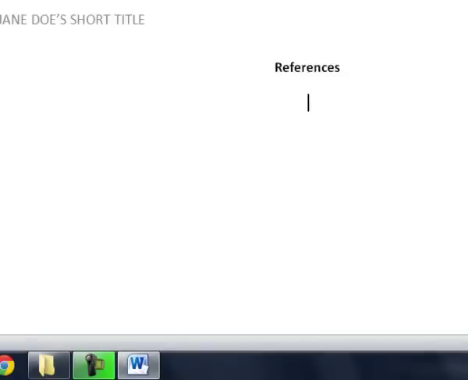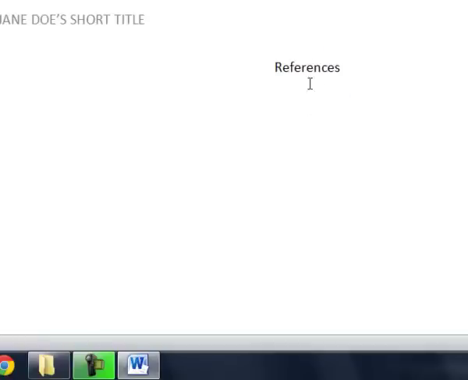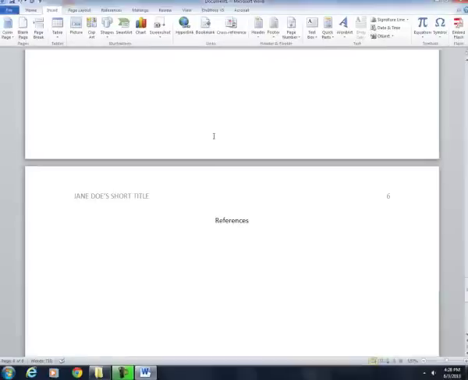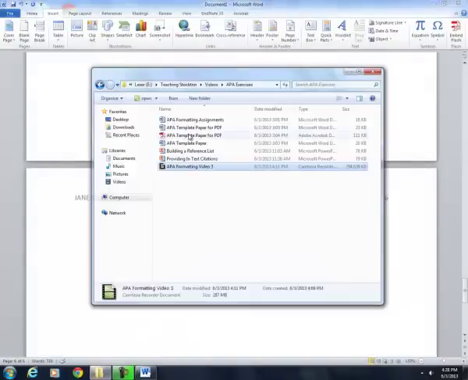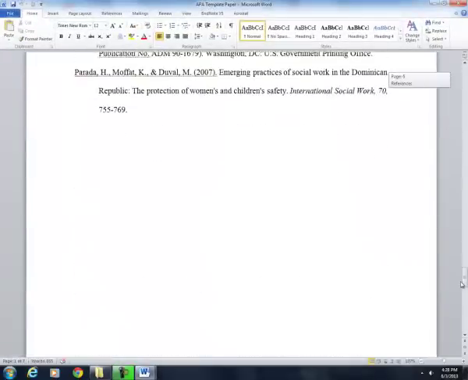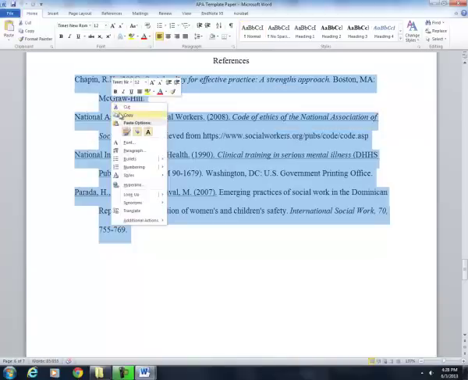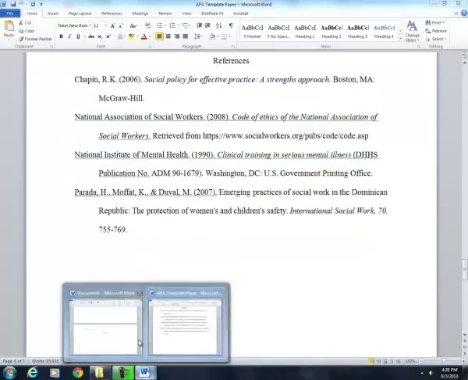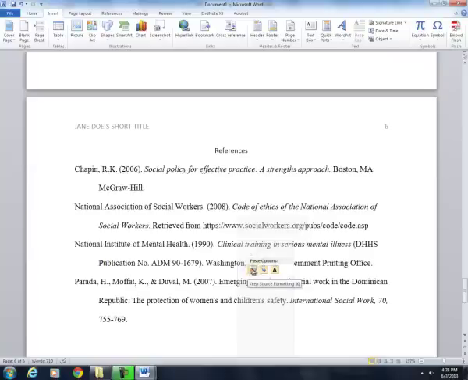This should just be listed as references. This information should not be included in bold, so it's just in normal format. Now, I am not going to show you as part of this session how to create this reference list. Instead, what I'm going to do is copy and paste this from a previous paper that I have worked on. Make sure to refer to my previous session on how to create a reference list for further details on this